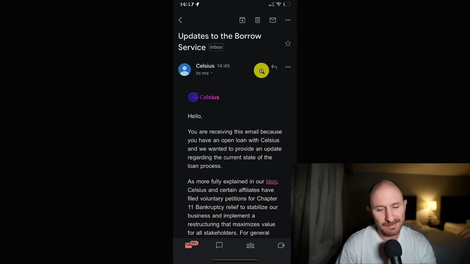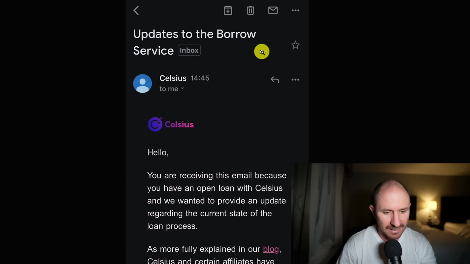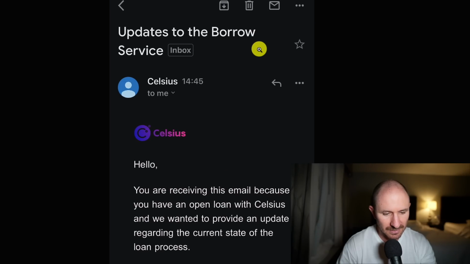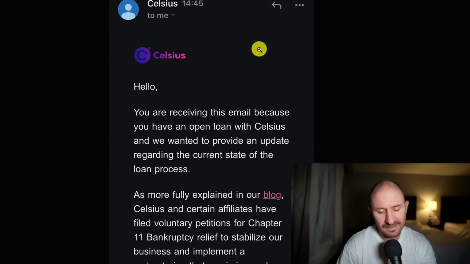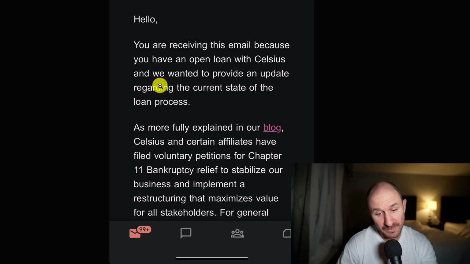So now I want to talk about this email that people who have a loan got from Celsius. Now, this is not my email because I do not have a loan, so I am borrowing someone else's picture. I will read it and then let you know what I think, obviously not being a lawyer, not being an attorney, not giving legal advice at all, but I'll let you know what I would do from here if I got this email. So it says, hello, you are receiving this email because you have an open loan with Celsius,